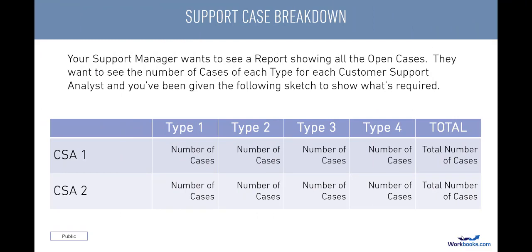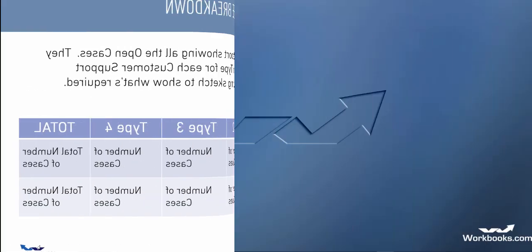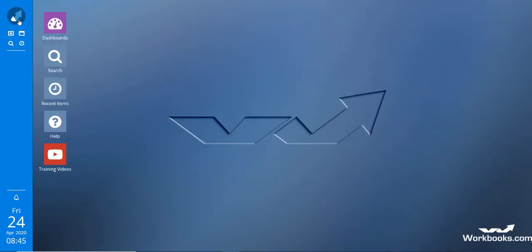Here's what we were asked to build. You can see it's very similar to the Opportunity Pipeline report in layout, the difference being that we want to see a count of the number of different types of cases rather than subtotaling the values. As with the Opportunities report, I'll provide a very quick overview of how we built the Details view for the